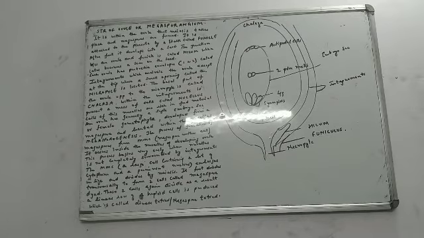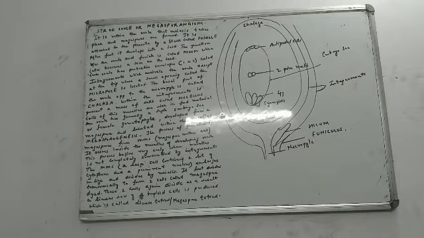As a result, you will get a row of 4 haploid cells. We had one dividing to 2 and then 2 again dividing, so you get a row of 4 cells. This row of 4 haploid cells is called a linear tetrad, because it's a linear row, or you can call it the megaspore tetrad. So, megaspore dyad and megaspore tetrad. If you see the succession, it starts with the megaspore mother cell. Once it enlarges in size, it divides into 2 and forms a megaspore dyad. Each cell of the megaspore dyad again divides to form 4 haploid cells, and these 4 haploid cells are what we call the megaspore tetrad.